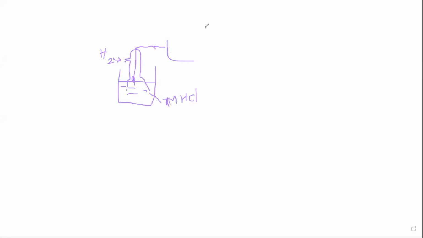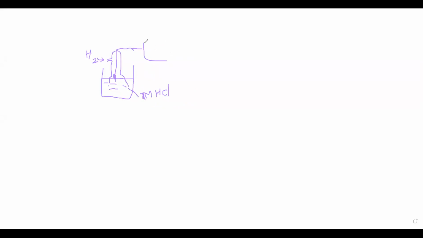Yesterday we saw the potentiometer. Here we are dealing with the pH meter. In the pH meter, we can easily find out the reading of the pH. Again, the same procedure, but we have to determine the pH. It is known as pH metry. The pH of a given solution can be determined by using this, and that is known as pH metric.